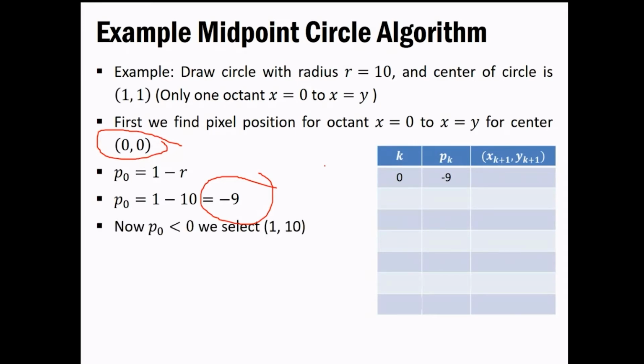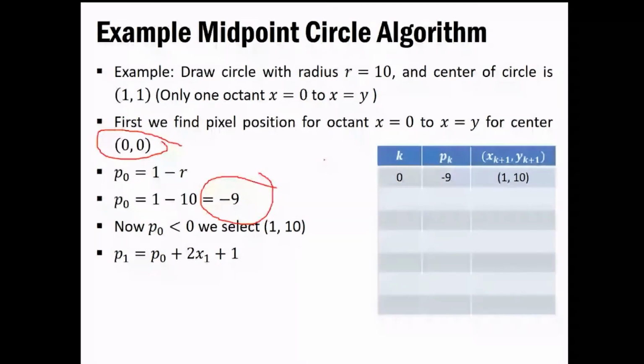Okay, so obviously what it says is that we have one thing that is less than 0. So what we are doing is we have incremented the x value by 1 as per our algorithm of midpoint circle generation, and we have to keep the y value as it is. So we have kept the y value as it is. In our case it would be 0 comma 10, because yesterday we saw that the very first thing we can plot out of the given thing is 0 comma r, and r in our case is 10. So that's what we have done. We have calculated the x value and the successive y value from our algorithm.